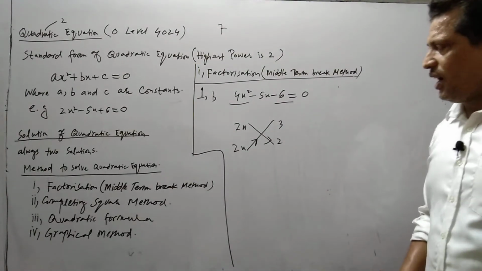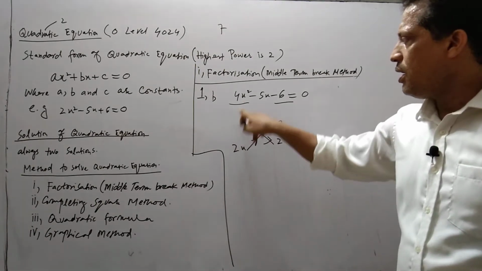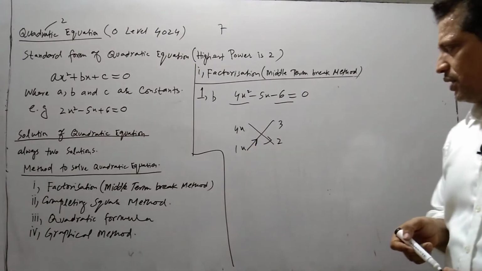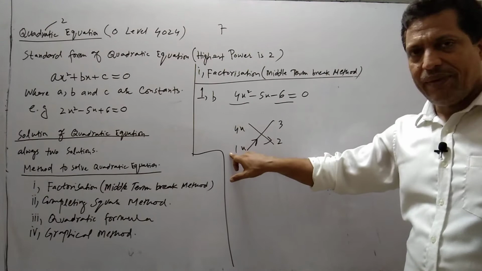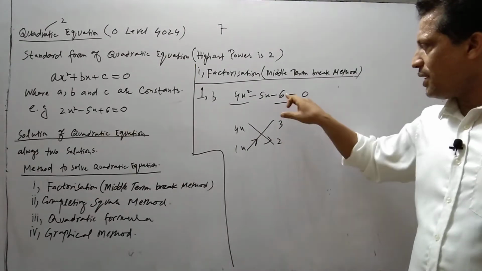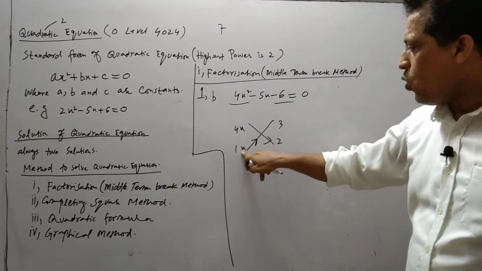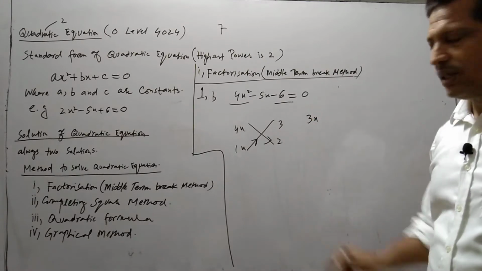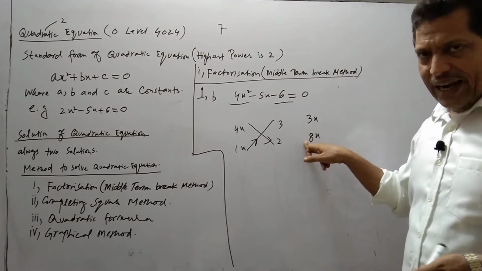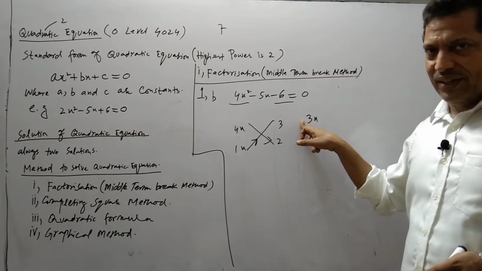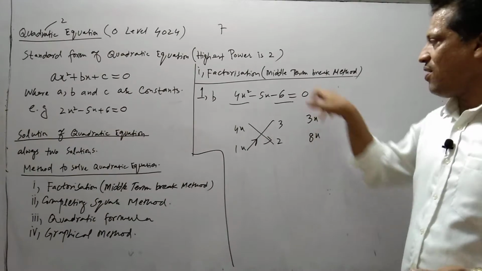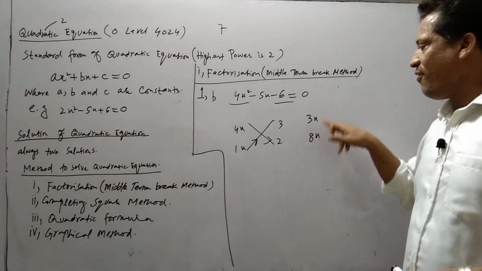What can the other factors be? If you put 4x over here and 1x over here and check. 4 multiplied by 1 is 4, x into x, x square, 3 2s are 6. Now again multiply. 1x by 3 is 3x, 4x by 2 is 8x. Now check again. If we add these two, 8 plus 3 is 11, but we need the middle number 5. But if we subtract 8 minus 3, we get 5. So we have to subtract.